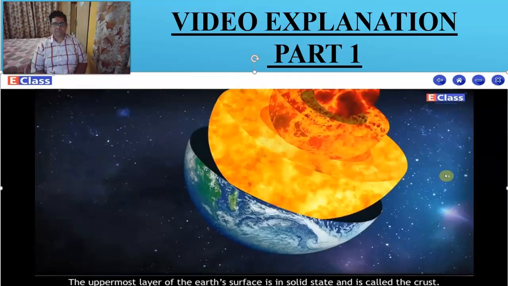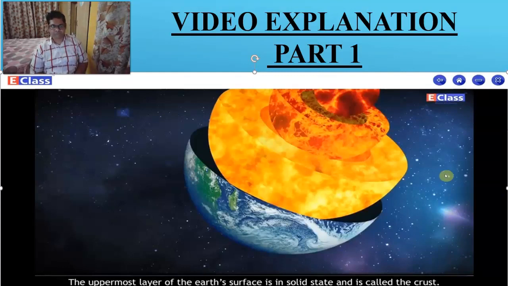The crust. The uppermost layer of the Earth's surface is the crust. Its thickness is about 30 km under the mountain ranges and less than 10 km under the oceans.